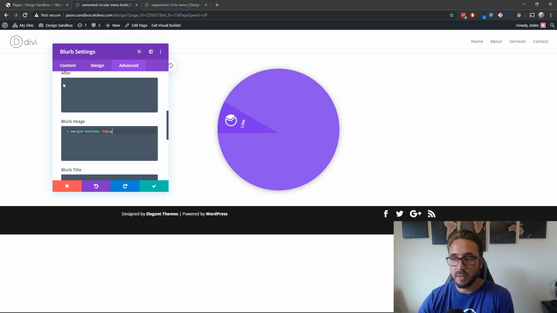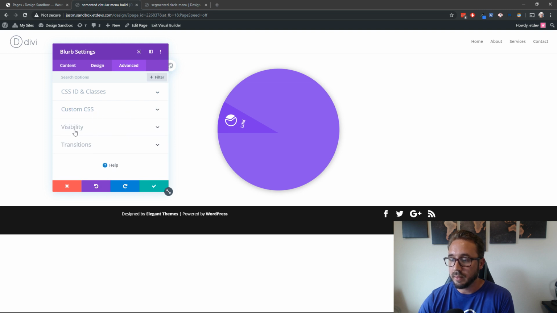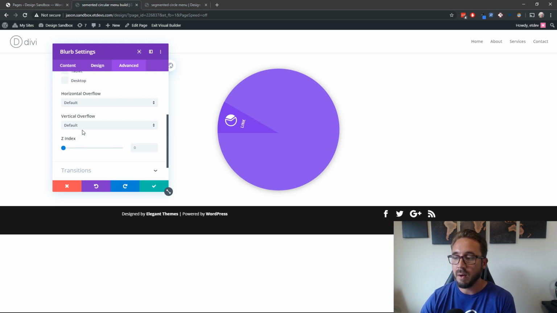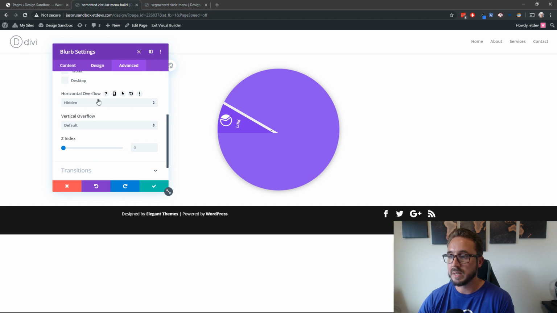I do want to make sure and hide the overflow though. So I'm going to go back up here and go to my visibility options. I want to hide the overflow because right now, even though you can't see it, the blurb content clickable space is kind of big, and we want to make that unclickable. If not, it wouldn't get the functionality we want. So I'm going to set horizontal overflow to hidden, and also vertical overflow to hidden,